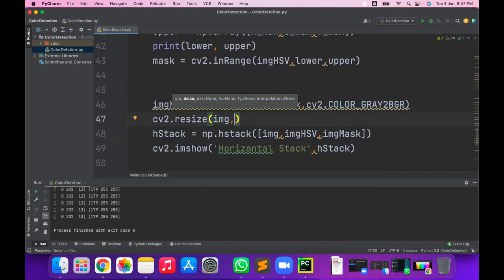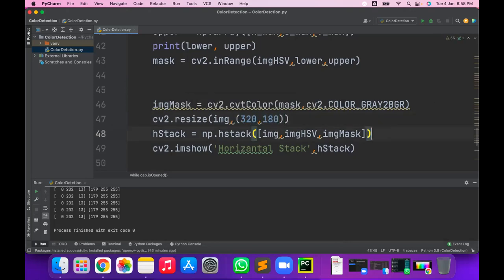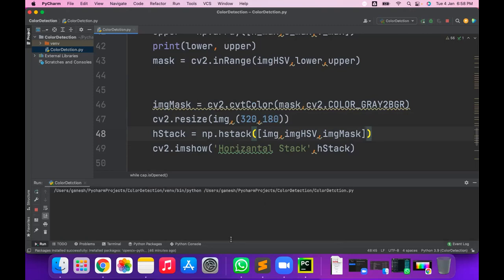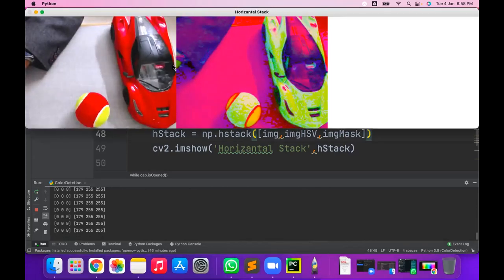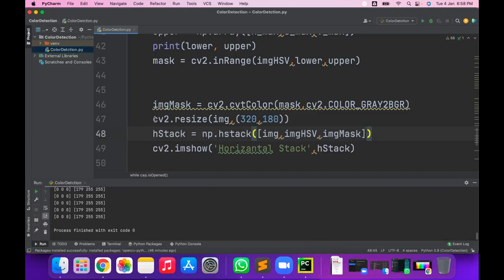Yes, Aditya, all the images: the img is 640 by 480, so you have to resize the img hsv also, and the img mask also. If you resize only one, it is not going to work. Suppose 320 by 180. Let me check. I think it will give an error.